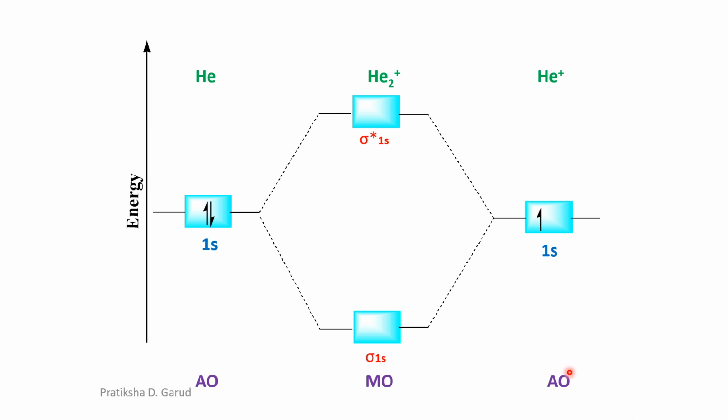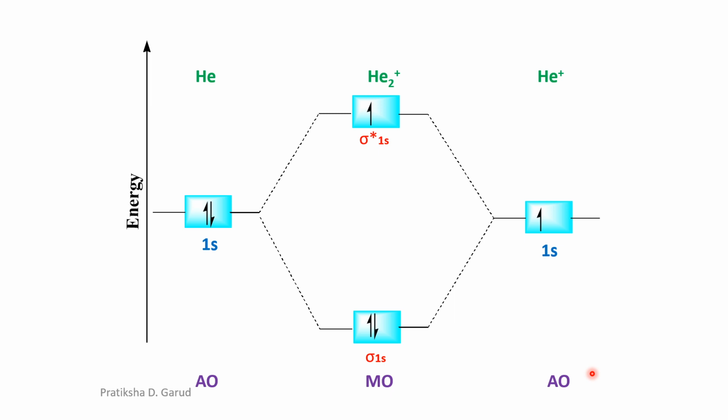Now there are 3 electrons. Out of these 3 electrons, 2 electrons go into the bonding molecular orbital, while the remaining third one moves to the anti-bonding. So we have the first electron from the first helium atom, the second electron from the second helium atom, and the third electron moves to the anti-bonding molecular orbital, right? So this is the MO energy level diagram for the He2 plus ion. From this we have to find out the MO electronic configuration, then energy evolved, bond order, and the magnetic behavior.